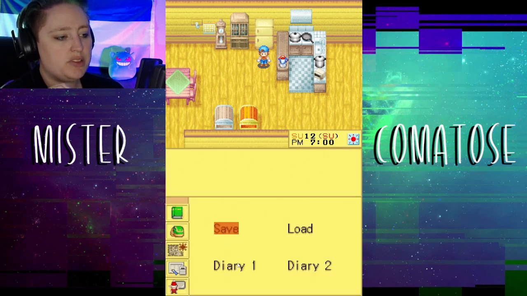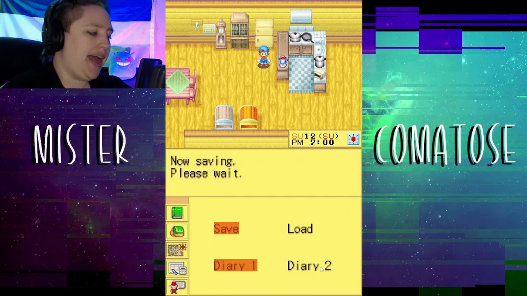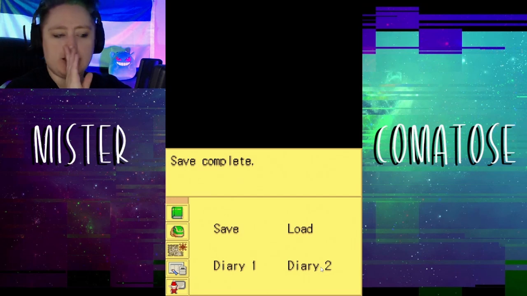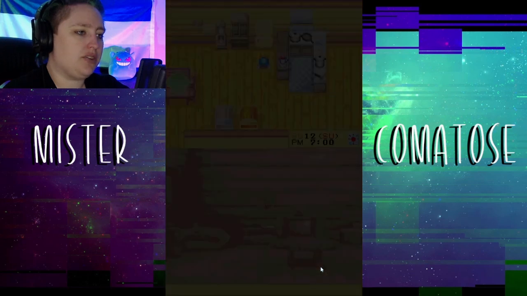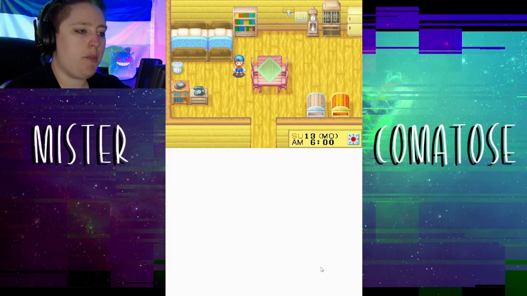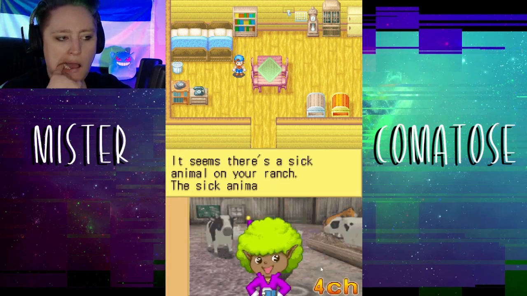Don't ask me why everything has to be the way it does. It just has to be that way. And I also love Takakura that always comes into my home when I pass out, thinking he needs to be here. I think he's also very tired of picking me up off the ground, even though I'm in my house. I shouldn't need to get picked up. So...